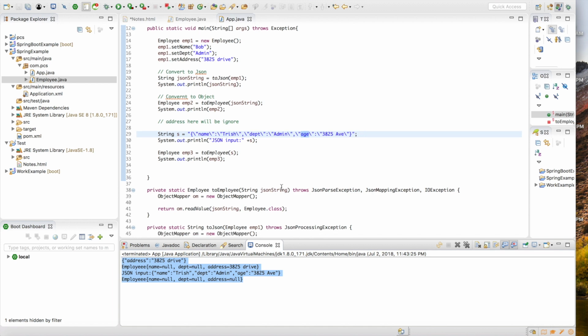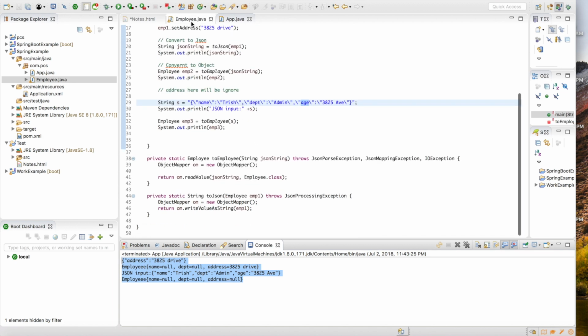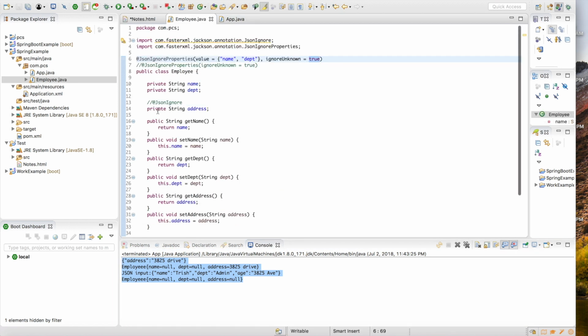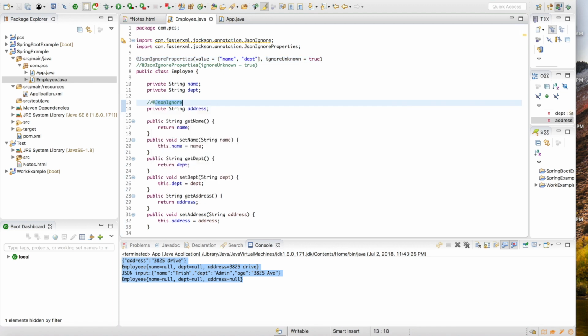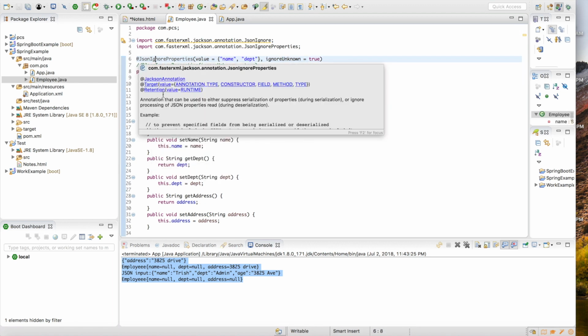So this is how we can use all these three annotations. So you can try,